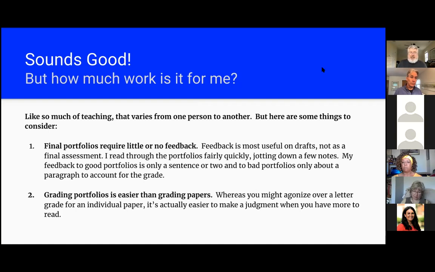I might jot down a note or two, and if I give feedback, it's maybe just a couple of sentences. Or maybe if I'm giving the portfolio a failing grade or a bad grade, maybe I'll give a paragraph of feedback just because I need to justify that grade, but I really don't spend much time with it. And the other thing is,